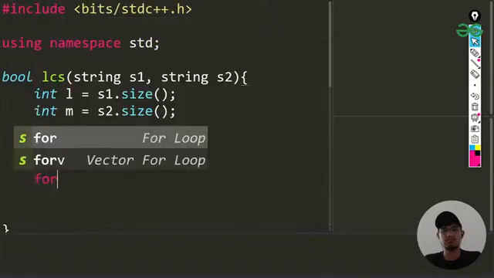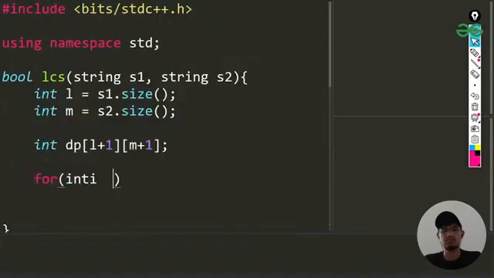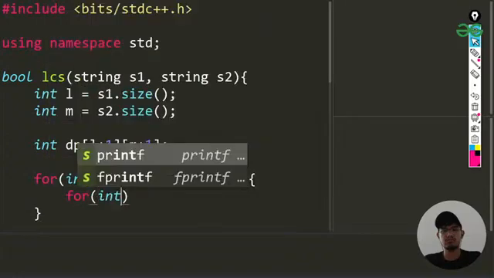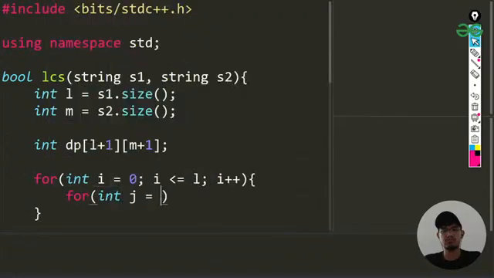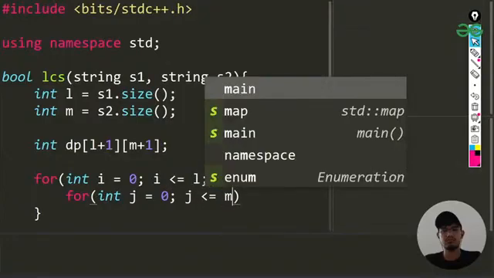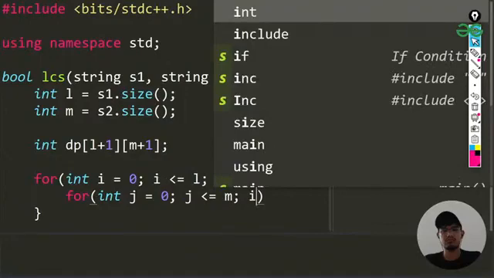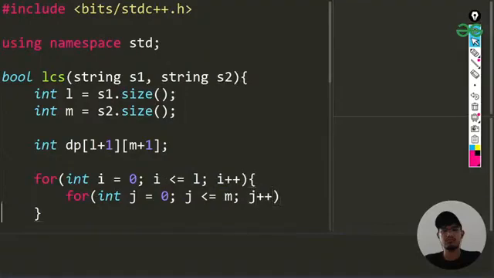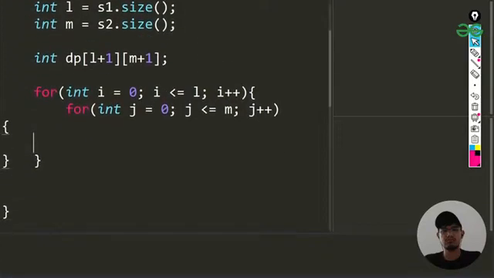Now first thing is we'll be running our for loop for the rows. So it will be starting from i equals 0, going up to i less than or equal to l, then i plus plus. Then for the second also we'll be doing the same thing, int j equals 0, going up to m.